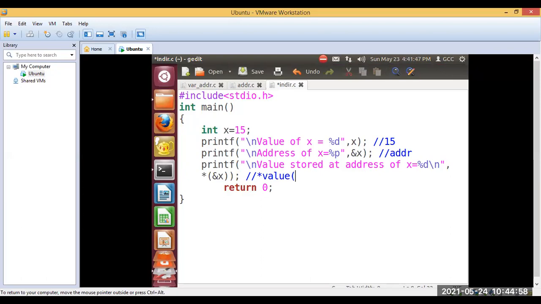Value of what? It is the value of this particular variable x, right? And ampersand x is nothing but the address. This is how it is working. It is going to tell me the value which is present at this particular address. Did you all follow this? Yes, ma'am.